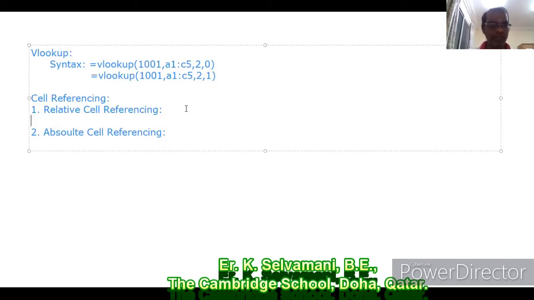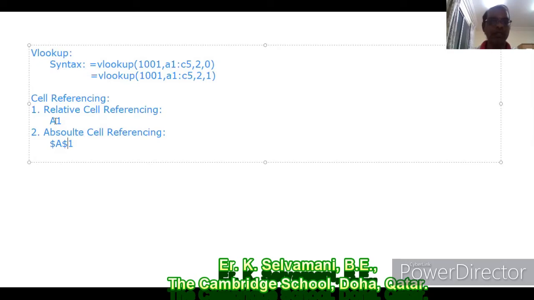For example, already we studied one thing. A1 is a cell name, or we can call it a cell reference. Here, instead of putting A1, in front of A I put one dollar symbol. Similarly, in front of 1, I put again a dollar symbol. So now it is called absolute cell referencing.